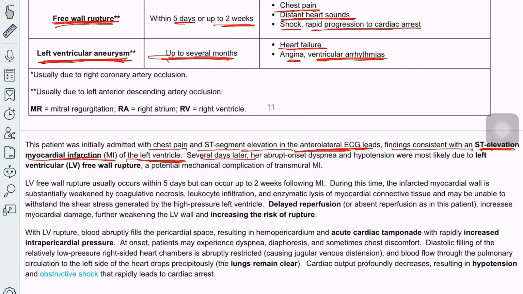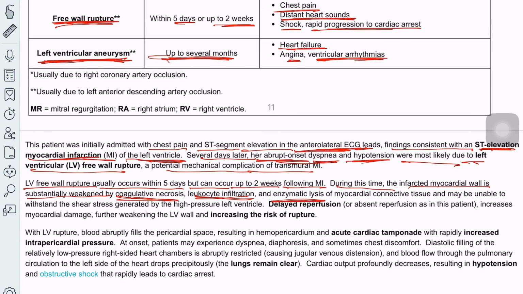Several days later, her abrupt onset dyspnea and hypotension were most likely due to left ventricular free wall rupture, a potential mechanical complication of transmural MI. Left ventricle free wall rupture usually occurs within 5 days but can occur up to 2 weeks following MI. During this time, the infarcted myocardial wall is substantially weakened by coagulative necrosis, leukocyte infiltration and enzymatic lysis of the myocardial connective tissue and may be unable to withstand the shear stress generated by the high pressure left ventricle. Delayed or absent reperfusion, as in this patient, increases myocardial damage, further weakening the left ventricular wall and increasing